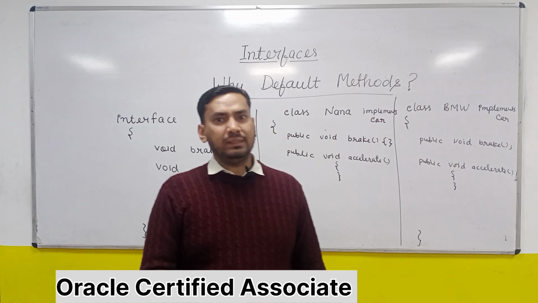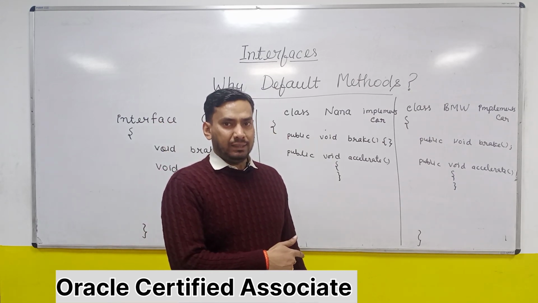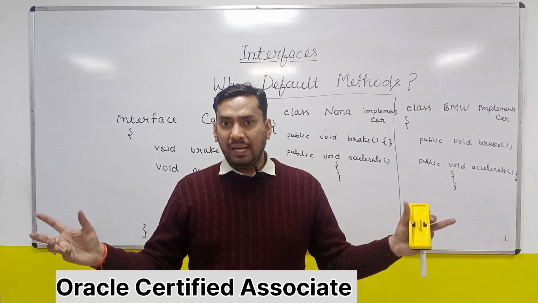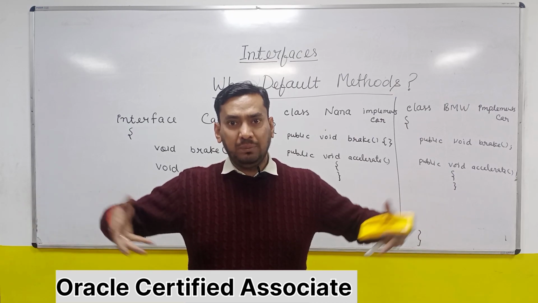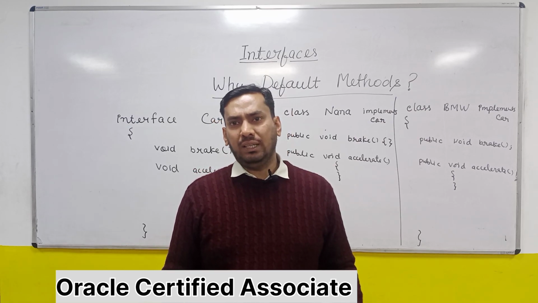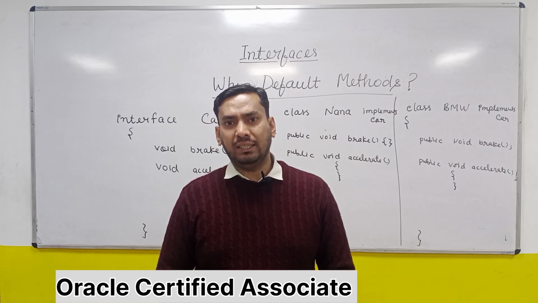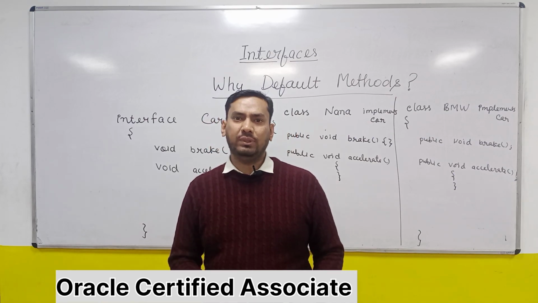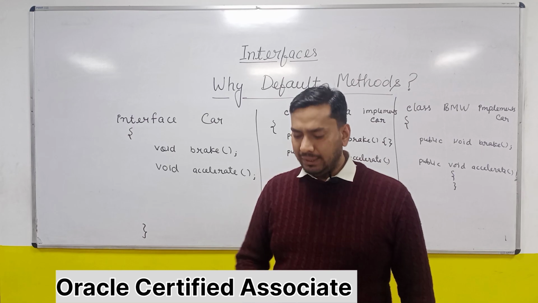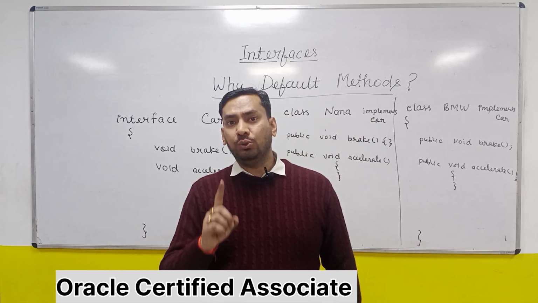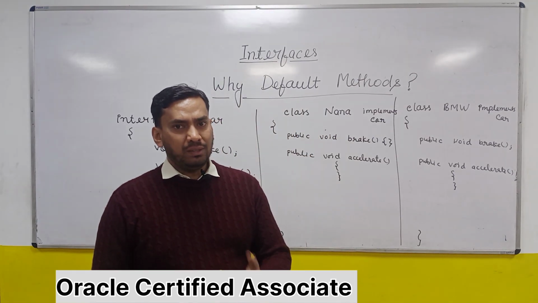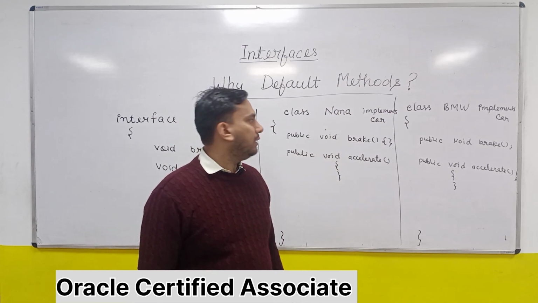But now, with default methods, the same kind of situation may occur, because you can inherit multiple interfaces and both interfaces can have same name default methods. So both will be inherited, and there is a situation of ambiguity. This was created by Oracle in JDK 8 for certain reasons, and we have to understand what those reasons are. The first thing is that default methods are provided in interfaces from JDK 8 to ensure backward compatibility. What is backward compatibility? We'll understand with this example.